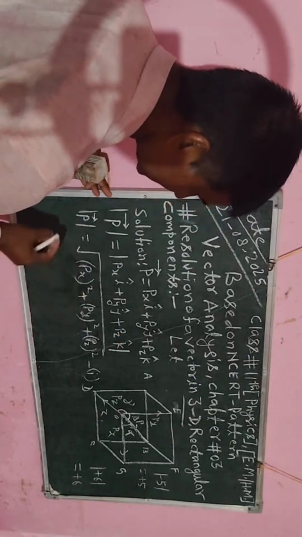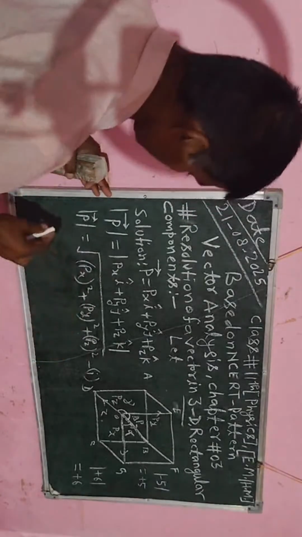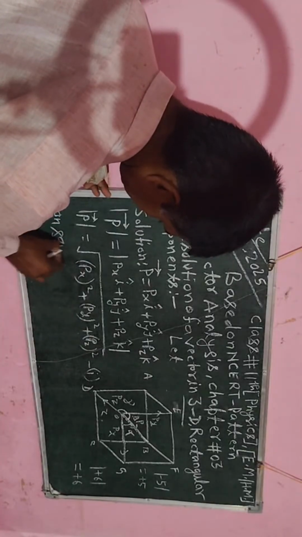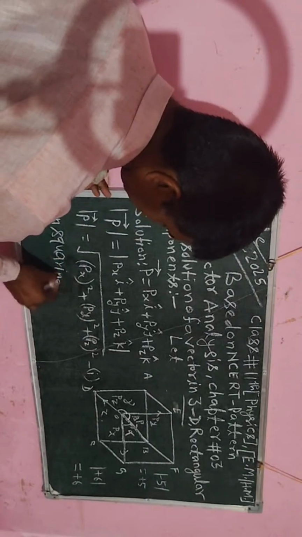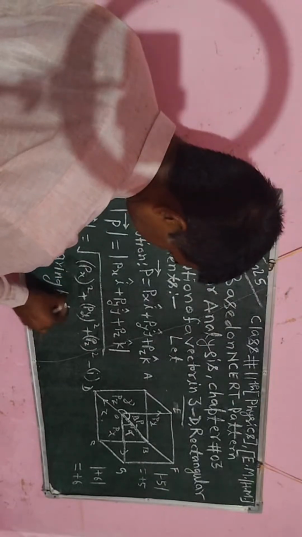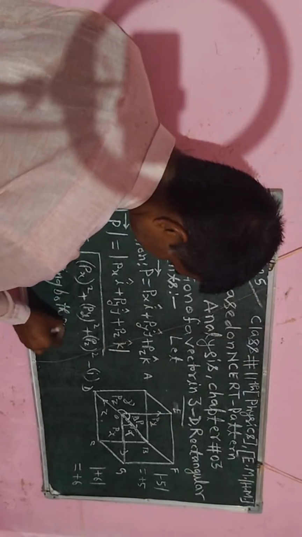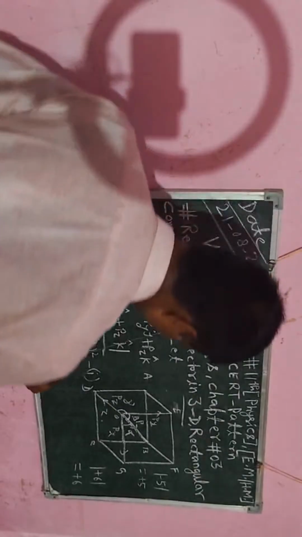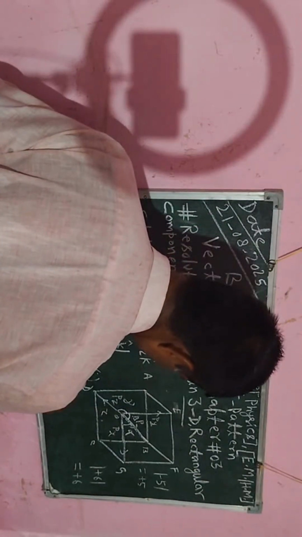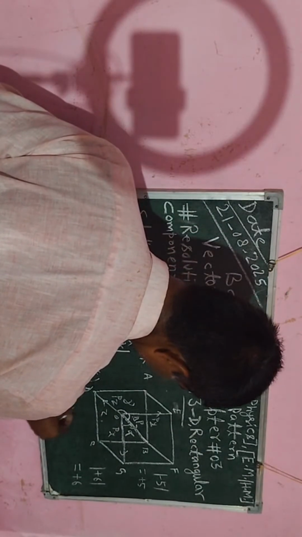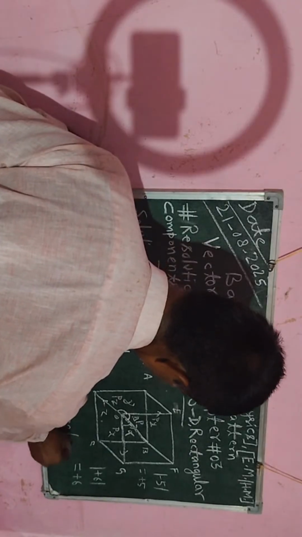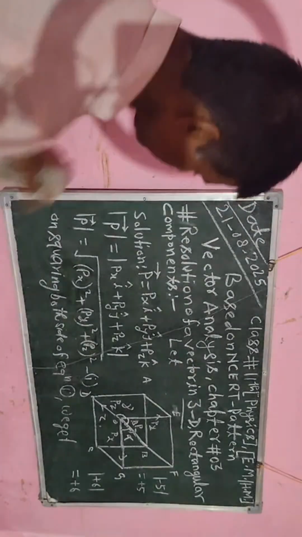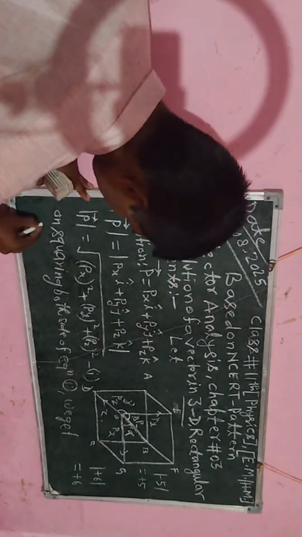Here I will write one statement, and that statement will follow: on squaring both sides of equation number 1, we get... इक्वेशन नंबर 1 के दोनों साइड में हम स्क्वायर करेंगे, स्क्वायर करके हम प्राप्त करेंगे।